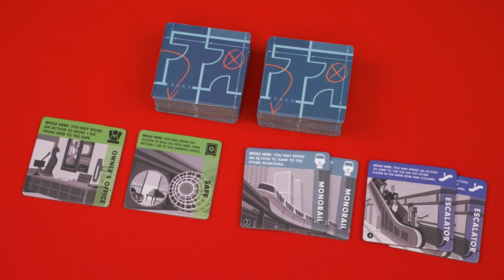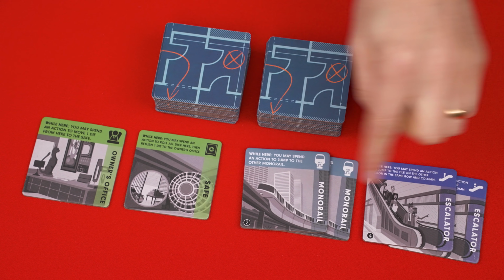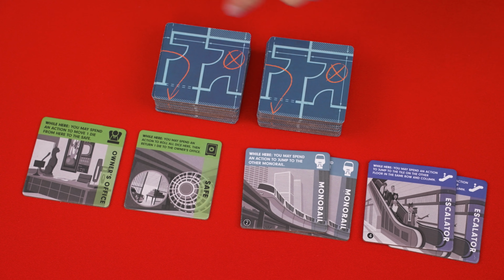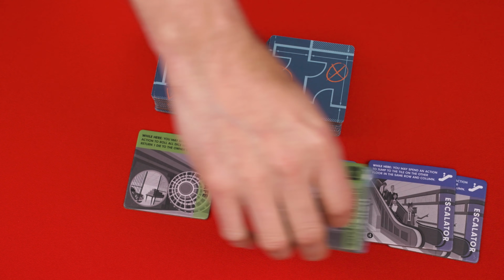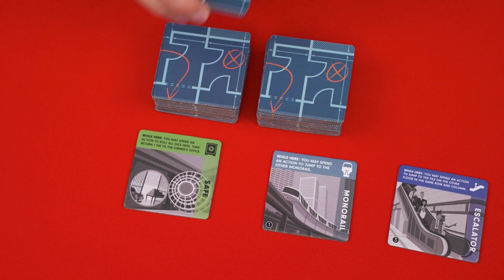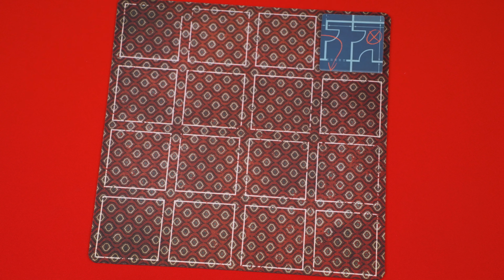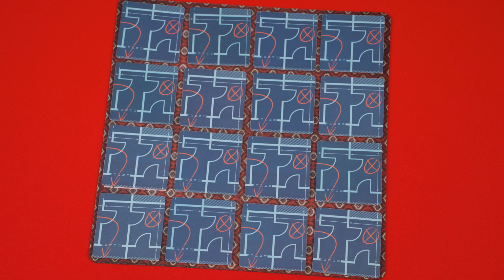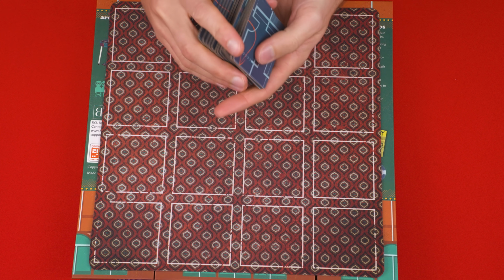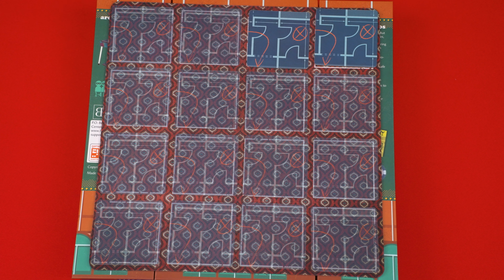Now look through the tiles and set aside the ones labeled as the owner's office, safe, monorails, and escalators, with the rest shuffled and set face down. You'll take the owner's office and 1 monorail and escalator along with 13 other random tiles and shuffle them together, dealing them face down onto the first floor so it looks something like this when you're done. Then shuffle the remaining tiles together and do the same thing, placing those tiles on the second floor until it's